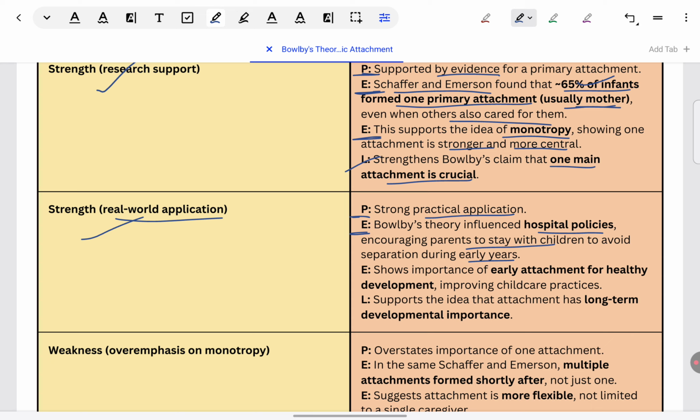Since Bowlby's theory came, they realized that mothers and babies need to spend time together. Only then will the social releasers occur and the mother be able to respond to them. If the baby is kept isolated from the mother, how will the mother respond to any social releasers? Or if a nurse is responding occasionally to those social releasers, then how will attachment form with the mother, who is going to later take charge of the baby?